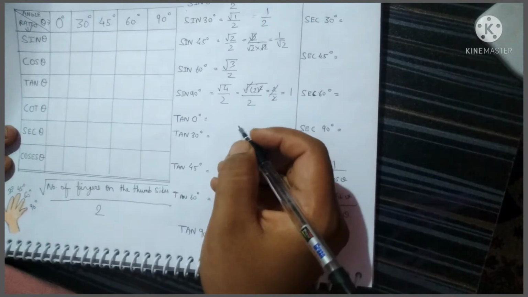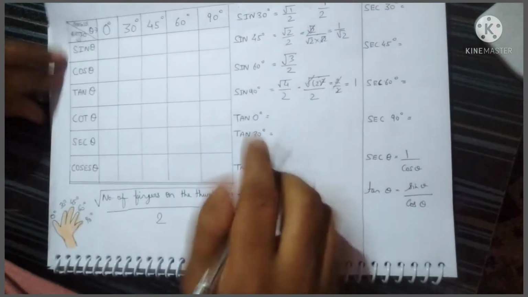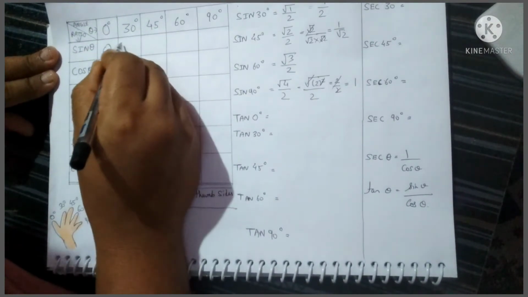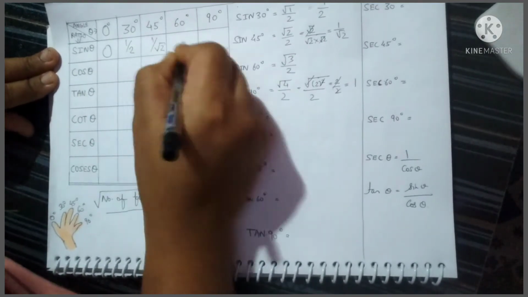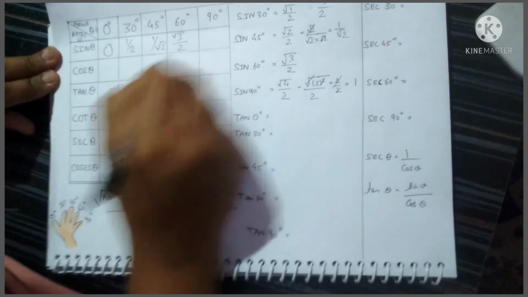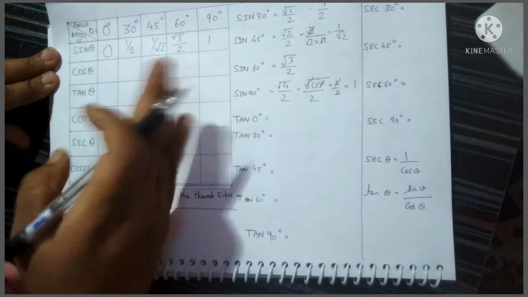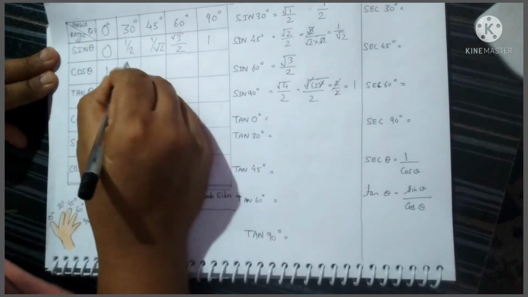Now we get all the values of sine and now we will write in the table all the values of sine theta, and then cos theta is just the opposite of sine theta. We will reverse the values of sine theta, then we will get the values of cos theta. You just have to write it in reverse. The value of 90 on the left will become the value of 0 here. Like that, all the values.